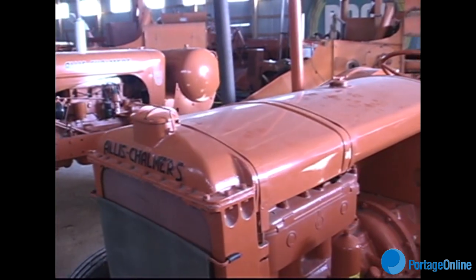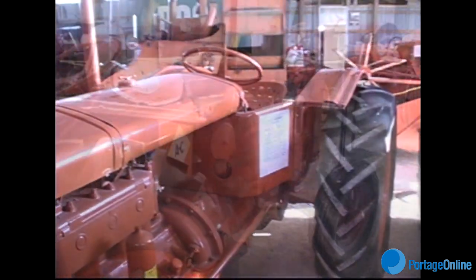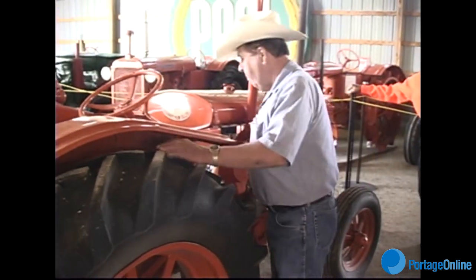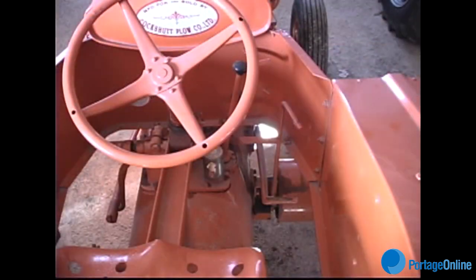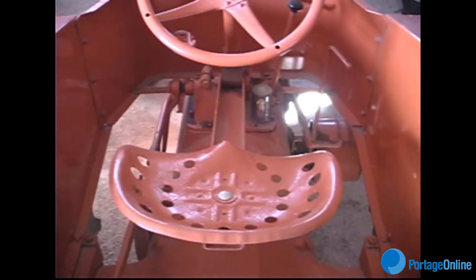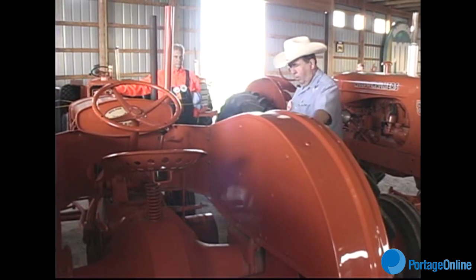And this is the early design. It did not have all the comforts of the later design U. You've got a clutch on the right, which is quite unusual. Don't have any operator platform here. Angle of the steering wheel is quite a bit different than the later ones. Yes, as you had noticed, some of our early tractors were green, in fact all of them, up till this